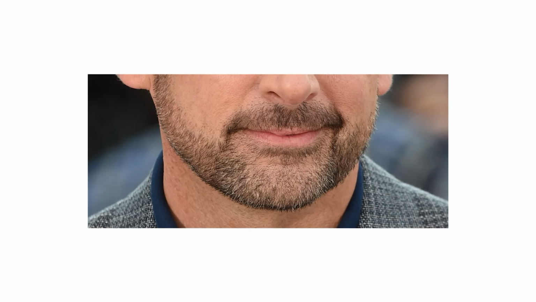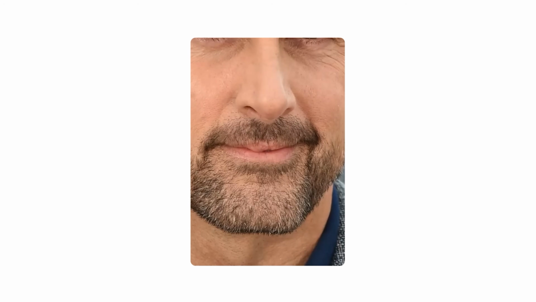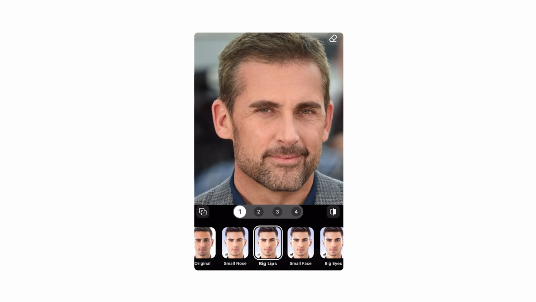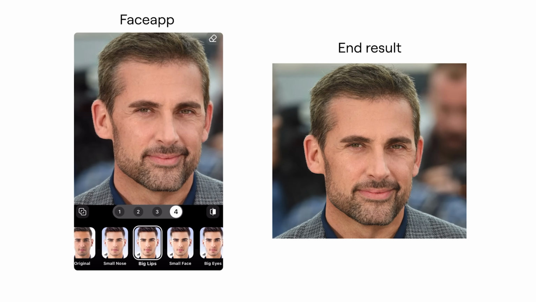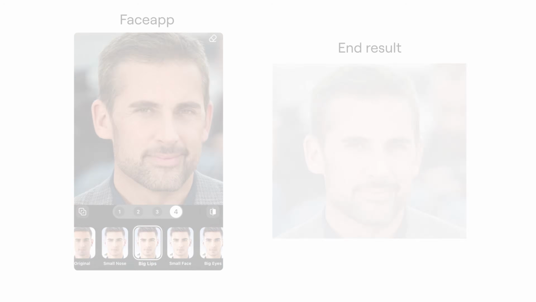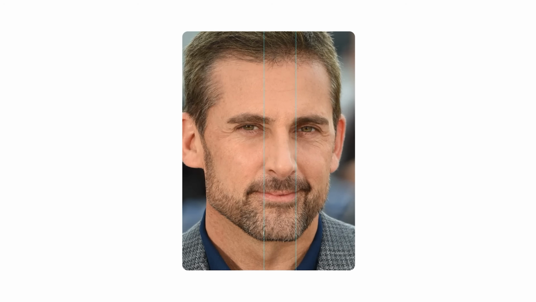And his lips are also quite thin, which goes against the notion of averageness, where drastically changing very thin lips in Photoshop is not really possible if you want it to look natural, but we can add a little bit of lip volume. We can, however, go into FaceApp to make the lips look fuller, but also modify them in Photoshop to look more natural. Lastly, we can make Steve's nose a bit slimmer and less bulbous to add harmony to his face,